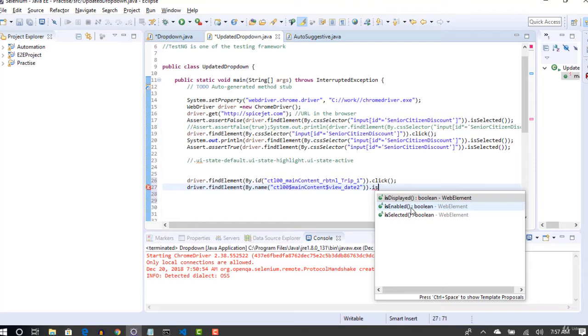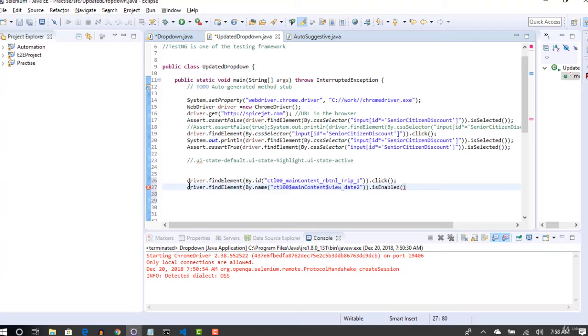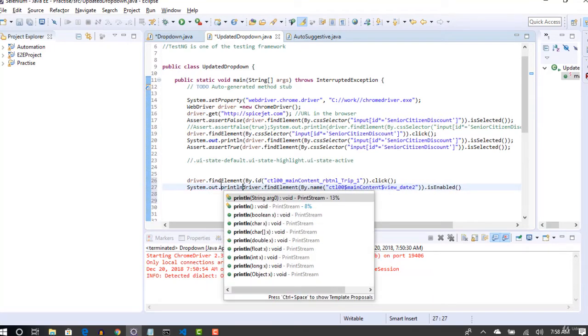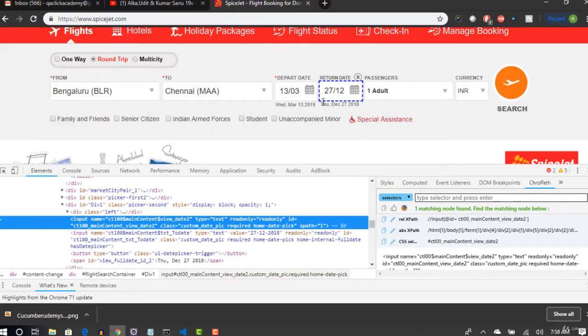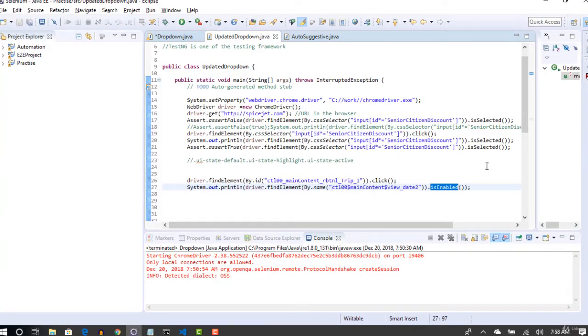Okay, if it is enabled, it returns true, just like isSelected. If it is disabled, it will return false. But in this case, it works for a few websites, but it's not working for a few websites too. So let me print this and see what the problem is. I'm not sure if it is working now, but when I tried a few weeks ago to explain one batch, I got surprised to see that the isEnabled method is not helping us to see if it is enabled or not. If it is enabled, it should return true.